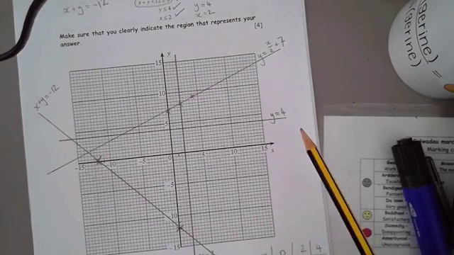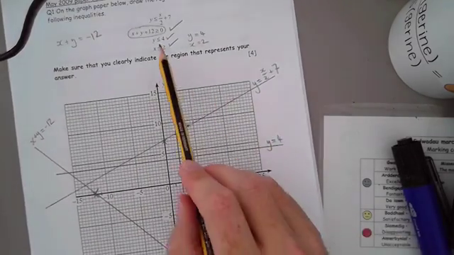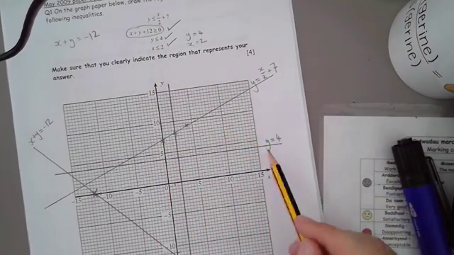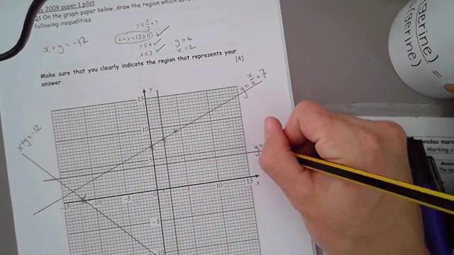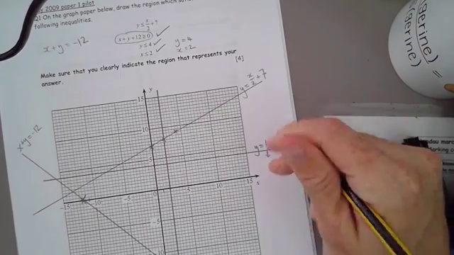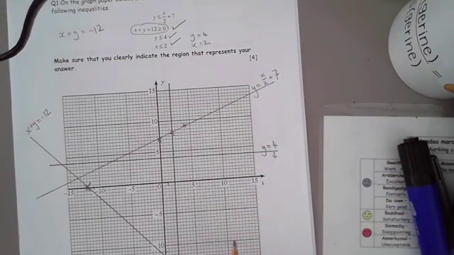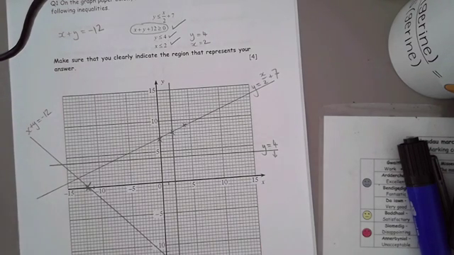Okay, so there's 2 ones to draw that are really easy, or ones to shade. Y is less than 4. So here's my Y equals 4. We're interested in everything less than 4, so we're interested in everything this side of the line. So where am I going to shade? Below? I always do the opposite to what it says. If we shaded below, we're going to end up having to look for the bit that's got 4 different types of shading on it, which is too hard. If we shade the opposite to what we expect, then we'll just be left with nothing shaded and it'll stand